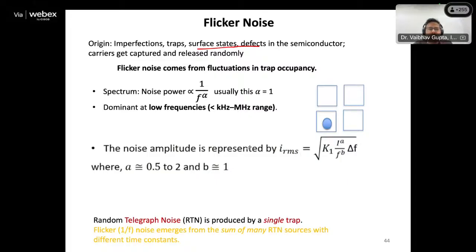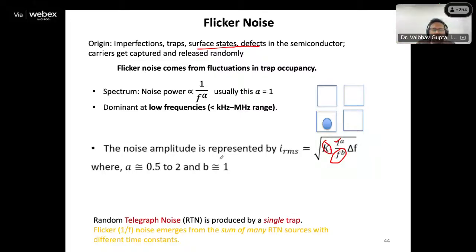So now, how is this flicker noise dependent? This flicker noise is dependent on 1 by f. There is a constant which is K. And again, there is this current value I, which is the mean value, the average of your current, and these constants A and B. B is usually 1 and A is usually close to 2. So it depends on the I square value. So if the current increases, then this value at lower frequencies is also increasing